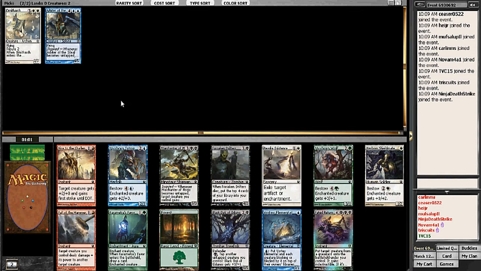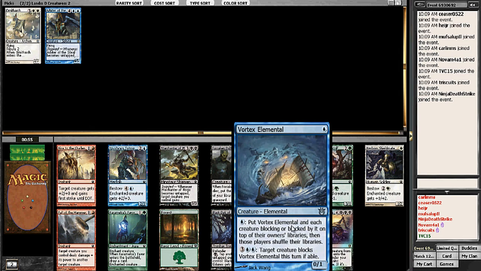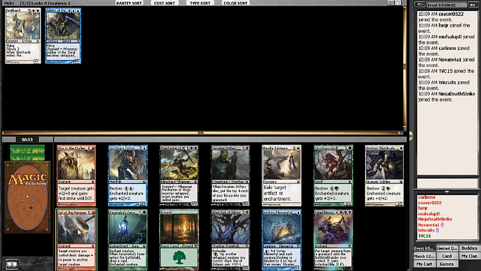So what do we have here? Wow, lots of good stuff. This card's great. This card's good. This card's good. This card's amazing. My question is whether we want to be more white or blue. And I think we're going to lean towards trying to be white. The heroic, passing that, oh, this card's good too. Passing that